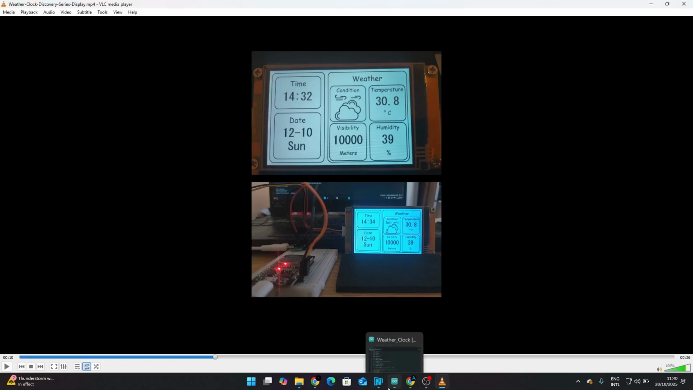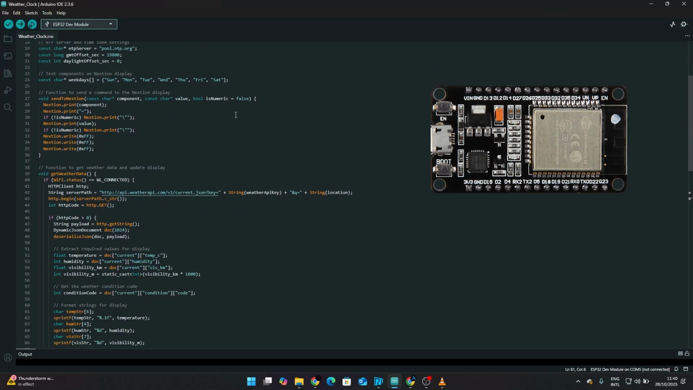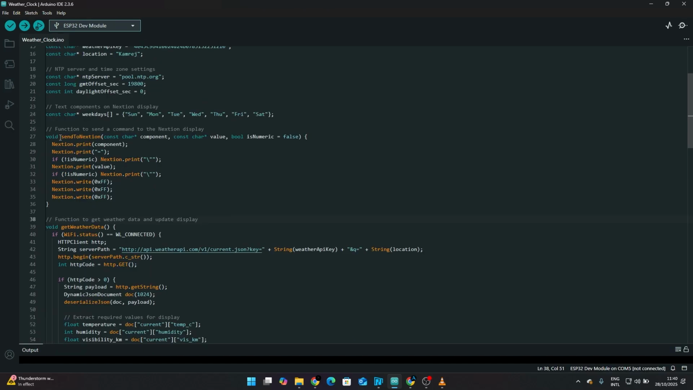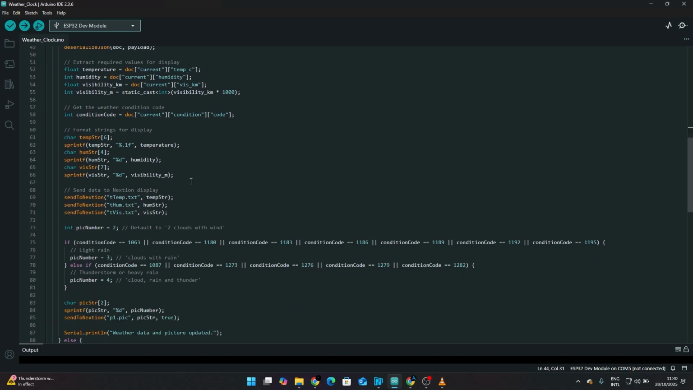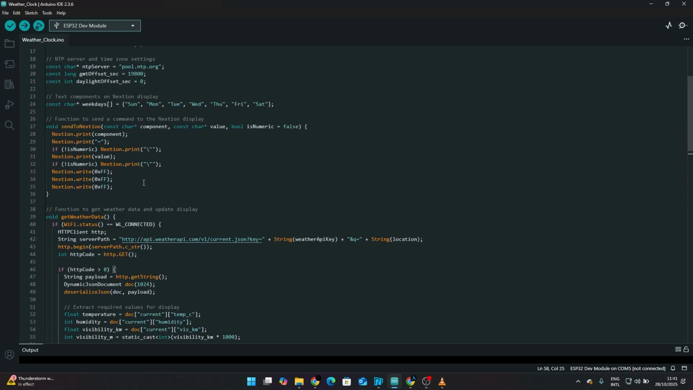Now let's jump to our code which makes this UI work. I have programmed my ESP32 on the Arduino IDE, as you can see here. I have built the send to Nextion function to make it easy for me to send the commands. For the weather, I have used the weather API and have built a function to utilize the values I get using the API key. For time, date and day, I am using the commonly used NTP server method to fetch